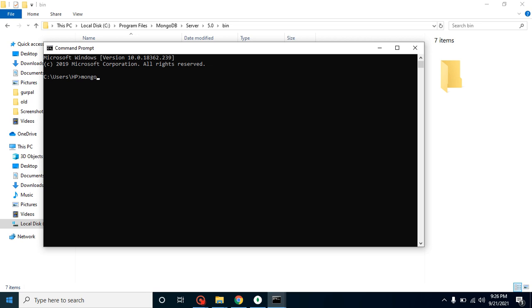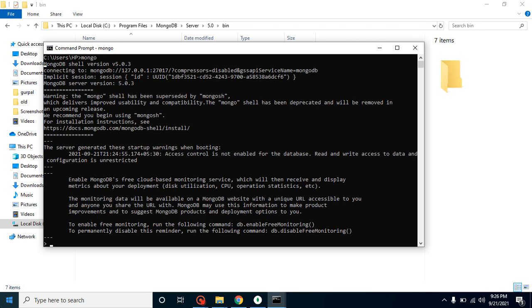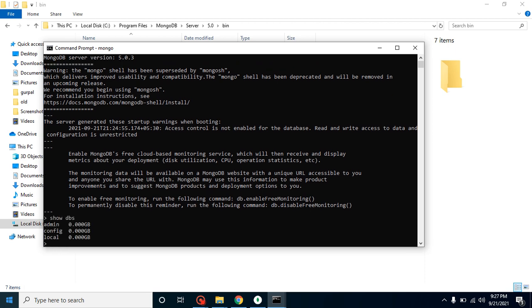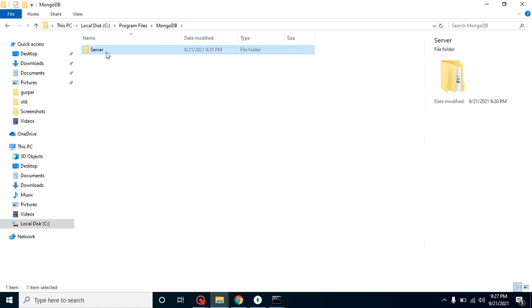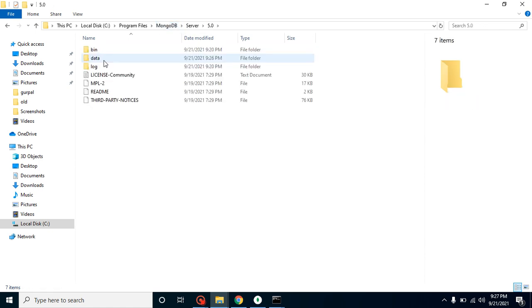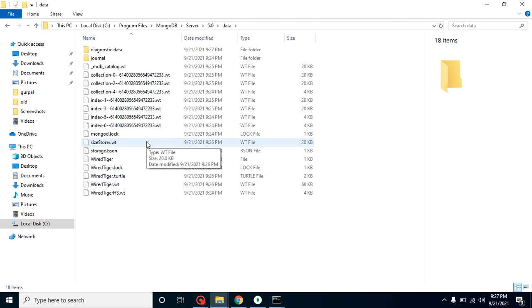So just put Mongo here, and you can see that the command line is working. And if I put a basic Mongo command, which is show dbs, here you can see that we have 3 dbs and this is working fine. So where are all these 3 dbs stored? They are stored inside the data folder, but we cannot check them. But once you add a new database or remove a database, you can find some files are increased and decreased from here, right?